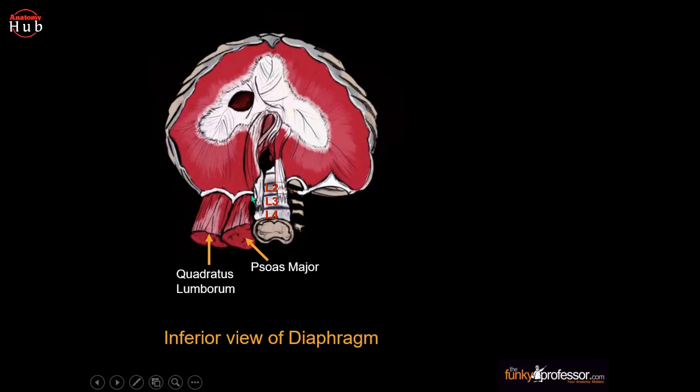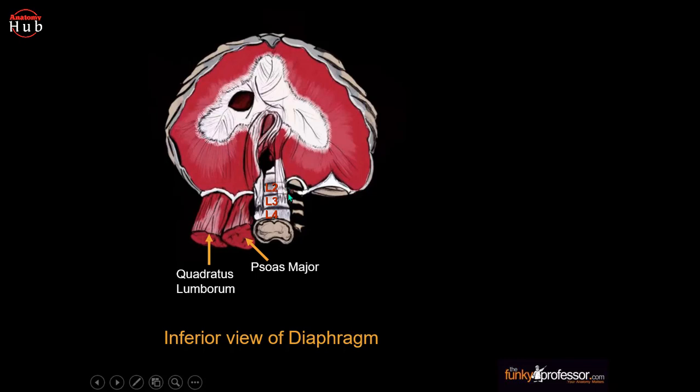The parts of the diaphragm that arise from the vertebrae are tendinous in structure and are known as the right and left crura, and crura is the plural. Here you can see the right crus that arises from L1, L2 and L3, and the intervertebral disc also gives attachment to this diaphragm, and some fibers from the right crus surround the esophageal opening, acting as a physiological sphincter to prevent the reflux of gastric contents into the esophagus. Like that, here we'll find the left crus that arises from L1 and L2, and the intervertebral disc also